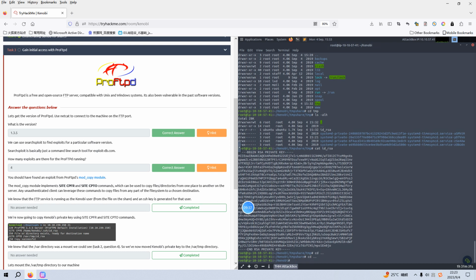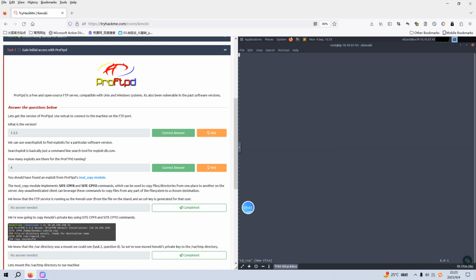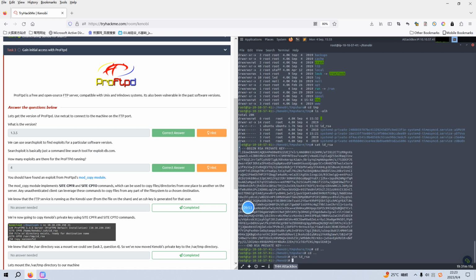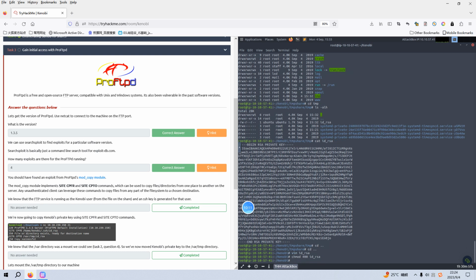this directory, and then we can set up the private key locally. Paste in here, right, and quit. But before we can use this private key, we need to change the privilege settings so it is not executable. Should be 400, and then we can log in to the target,